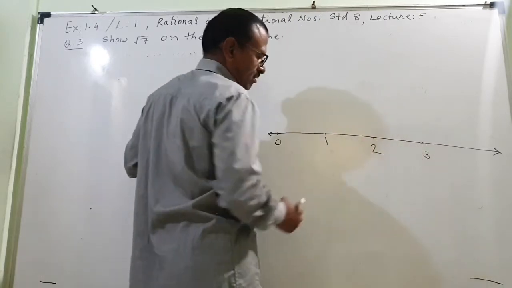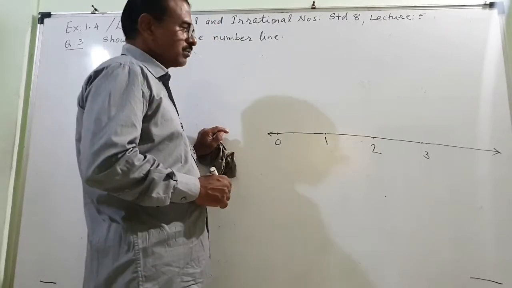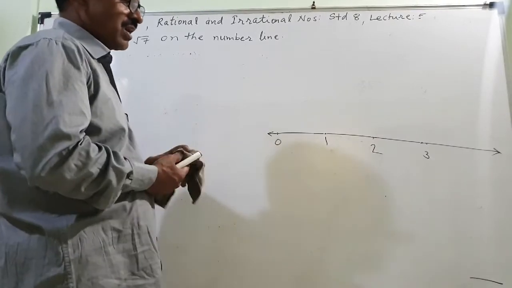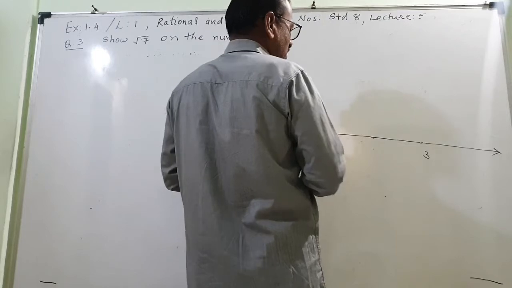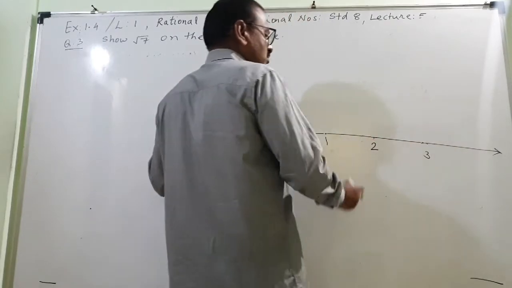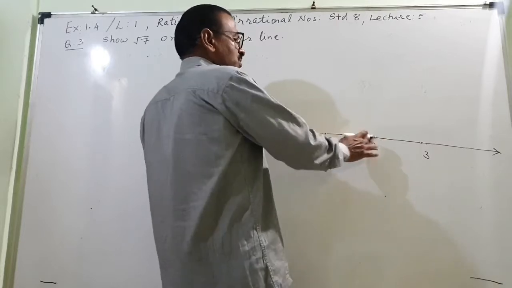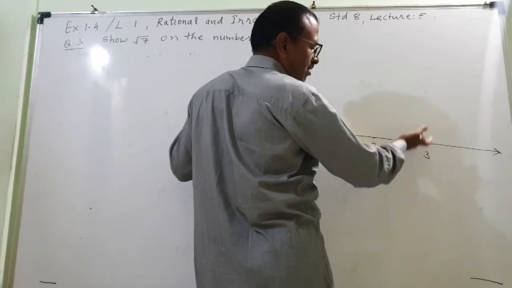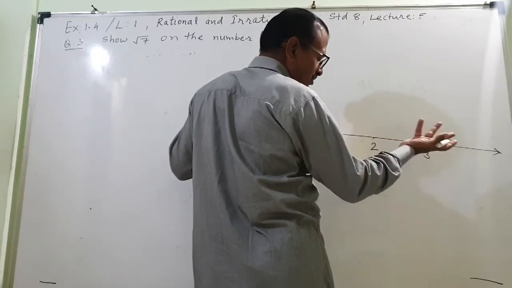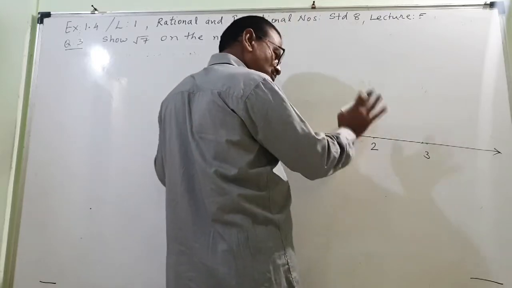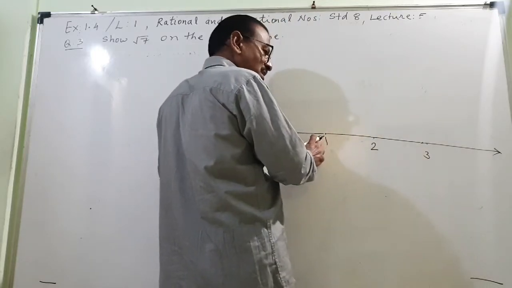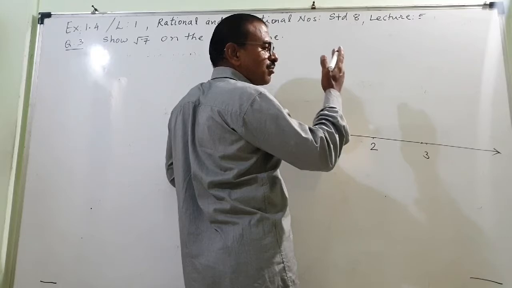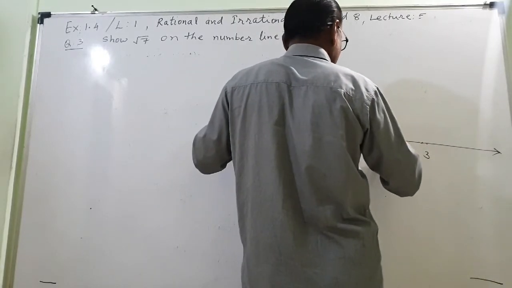2 square means 4. So I have to start from 2. Because root 7, before that, which number has a perfect square root? No number has a perfect square root. So 2 square will be 4. If I take 2.5 or something, it will be something else. We don't know which number I should take. But this 2 square is 4, that I can take. 1 square is 1. From here if I start, it will be a lengthy process. So from 2 square equal to 4, from there I will start.